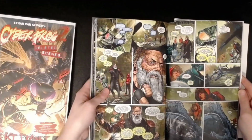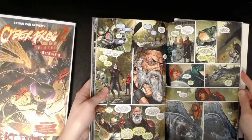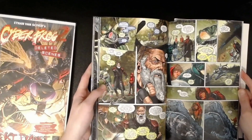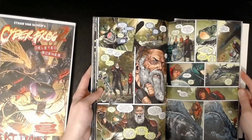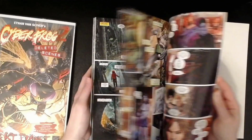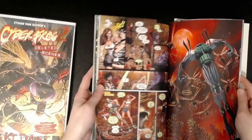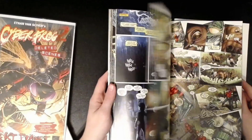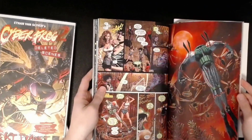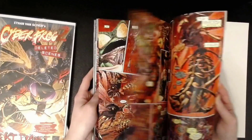He gets to know who these people are that are surviving, and this guy doesn't really like him. He sees him as a threat because he's like, well, we didn't have any attacks before this guy showed up, which isn't necessarily true, but that's how he sees it. So her daughter runs off to find her dad because of this evil lady here, and that sends Cyberfrog and Heather Swain off on a journey to go find her. And I believe this is where...